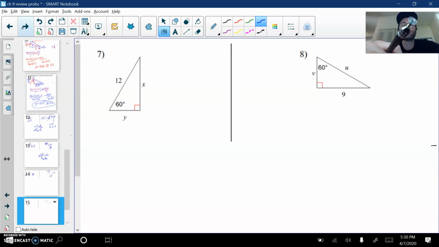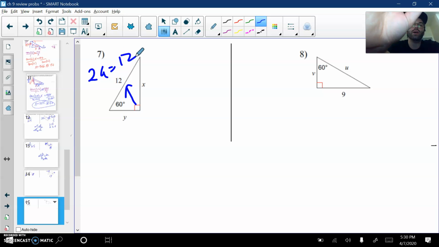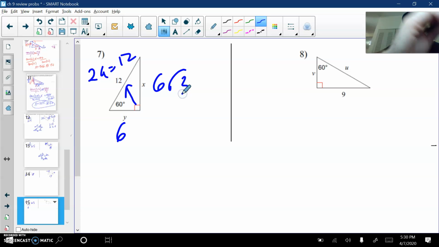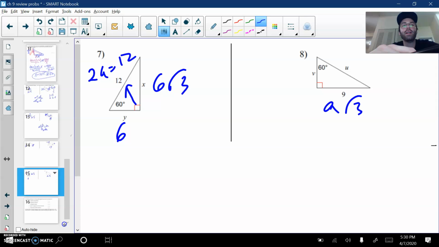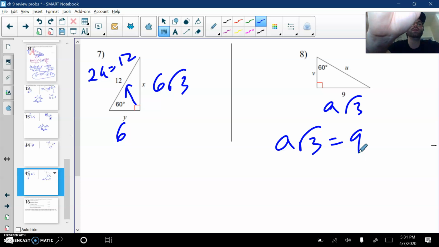A couple other ones. Okay, across from 90 is 2a. So a is 6. So this is 6 root 3. This is a root 3. Uh-oh, but there is not an a there. Oh, no. So that means I have to set a root 3 equal to 9 and solve like we did